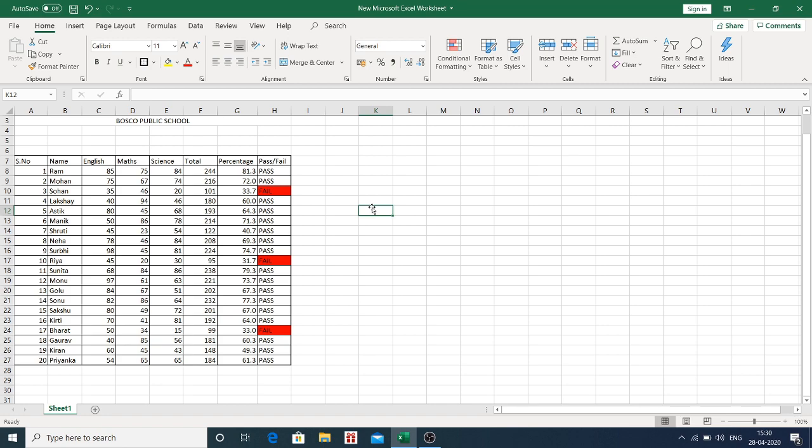So this is the mark sheet of the whole class, and we know which persons have passed and who all have failed. So with this, we created a mark sheet and we learned all the formulas, that is sum, how to calculate percentage, how to use the if function, conditional formatting, merge and center, and certain formatting tools we have learned today in the class.